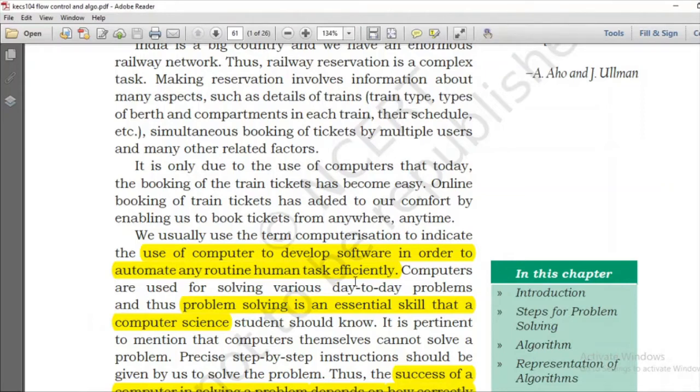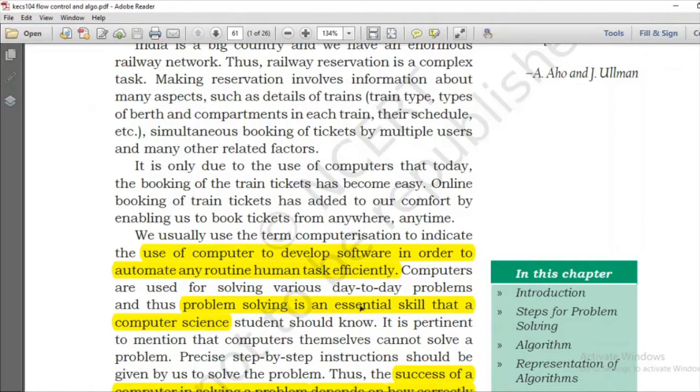So what do we mean by computerization? Computerization means converting human tasks so that they are done using computers. That is done by software. For example, take train ticket booking. In earlier times, we had to visit the train ticket booth physically and book our ticket. But nowadays we can book our tickets from the comfort of our home or office. This is done by the computer, which can do so because software has been developed particularly for that task.